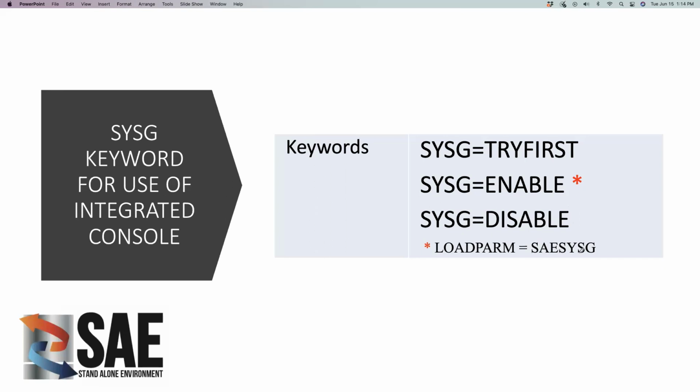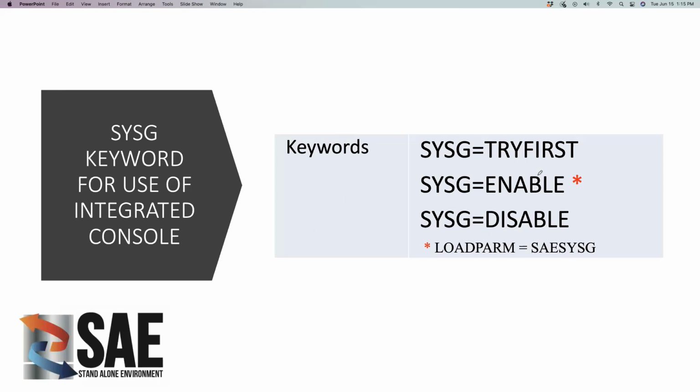It will sit in storage on that particular target LPAR and wait for an interrupt from a locally attached 3270 terminal, and then own that terminal, and that would be your communication vehicle into the application. But this try first, or this use of the SysG, is very important because it gives you that great deal of flexibility and recoverability across the entire Sysplex and all the possible LPARs that you have connected to a single